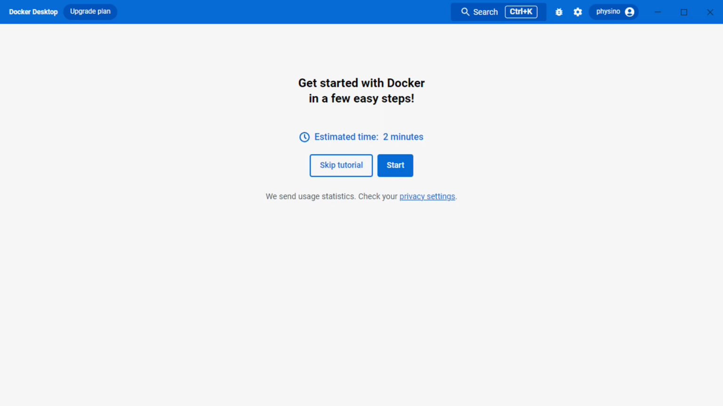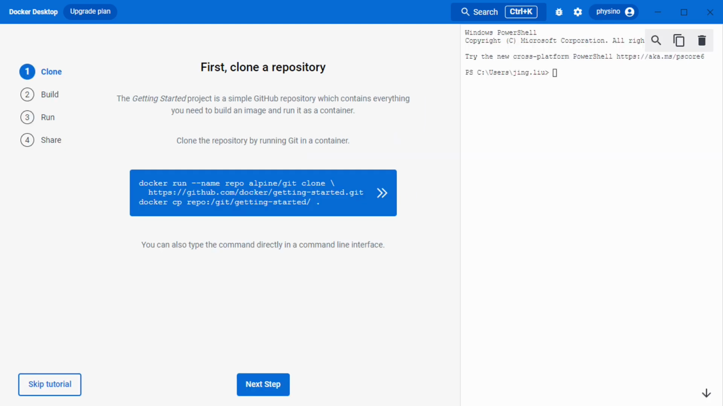When the Docker Desktop is up and running again, it offers you a chance to go through a 2-minute tutorial. Click Start to do it. The tutorial consists of 4 steps. The first is to download Docker Getting Started from github.com by running a few lines of commands in a terminal, which can be the Windows PowerShell showing on the right of the Docker Desktop or in a separate terminal app